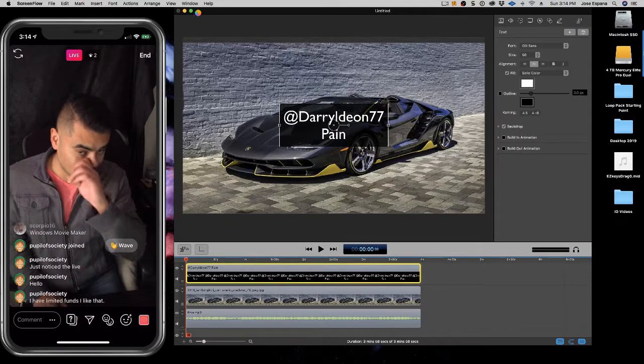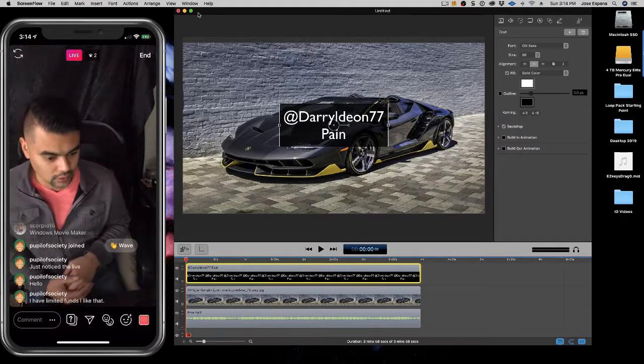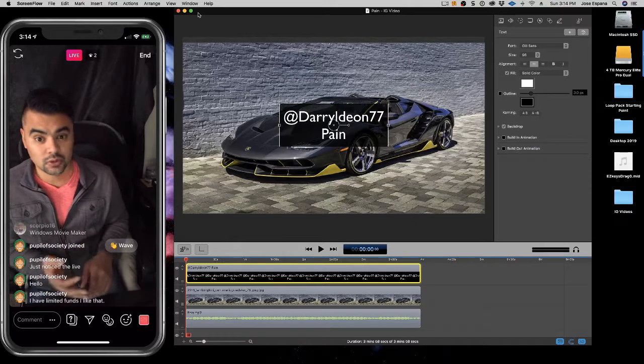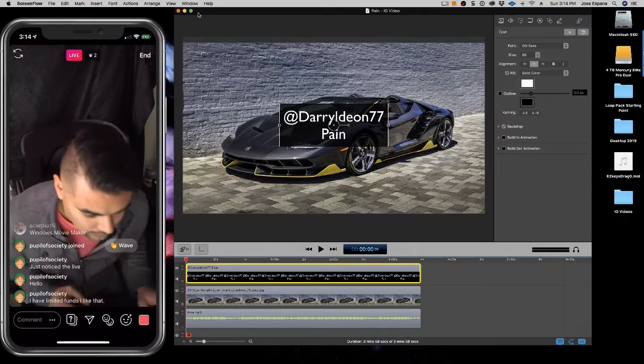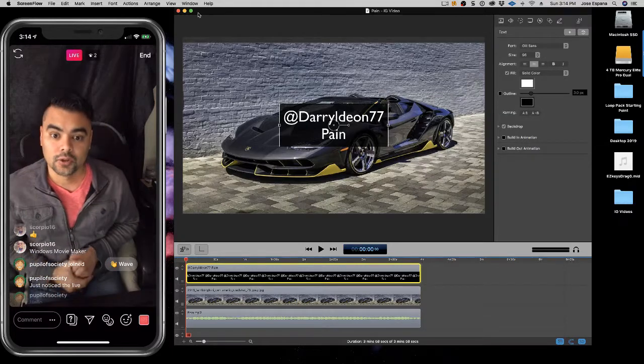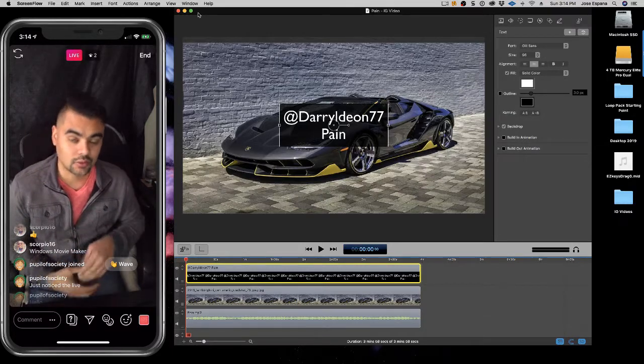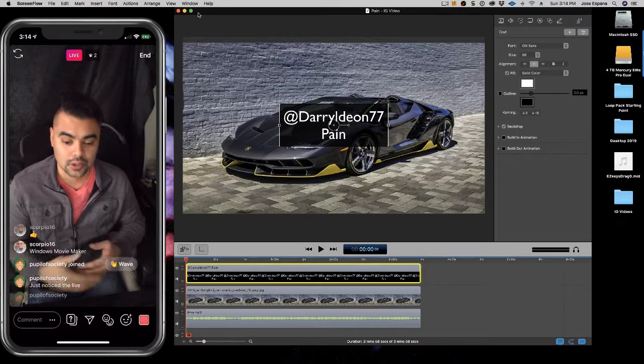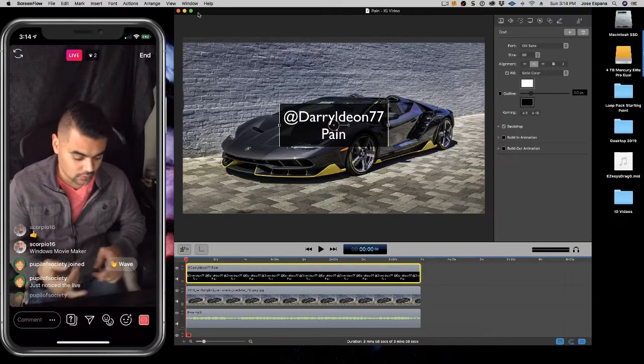So that's the cheap way. Using iMovie, using what you have, iMovie, and Windows Movie Maker, use those to your best advantage if you have no money. Those come with your operating system. Now, when you have money, upgrade to